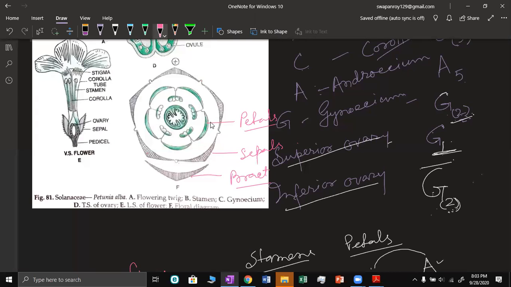Petals, how many petals? 1, 2, 3, 4, 5. Sepals also, how many? 1, 2, 3, 4, 5. We have to remember what is the number. And these petals also are united. It is gamopetalous, so united. And then there are 5